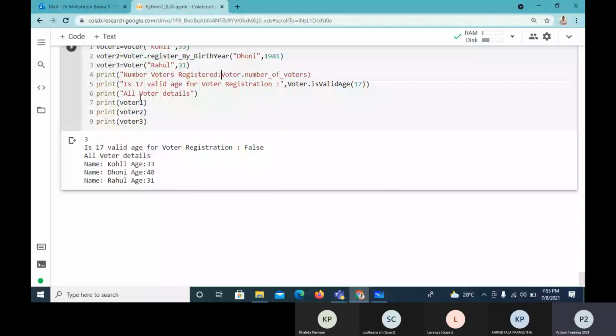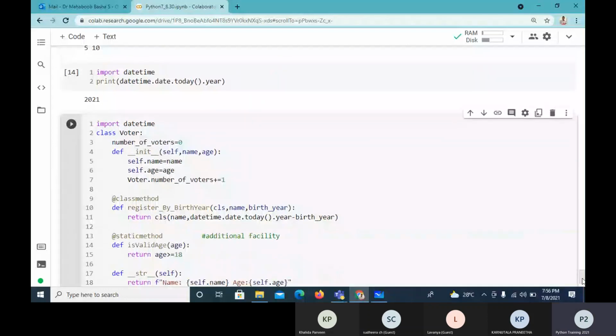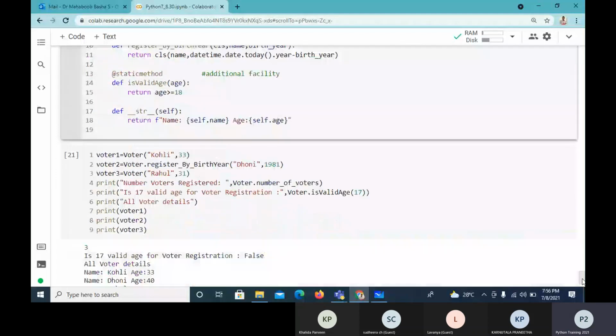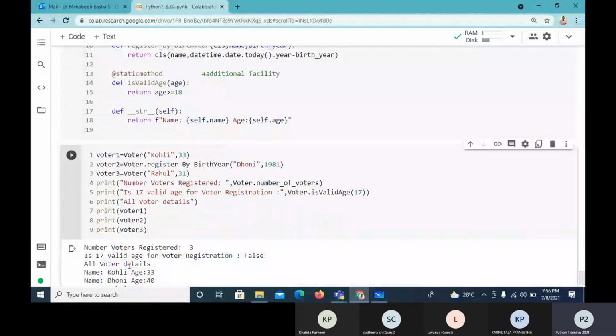I'll create again, now I'm doing it freshly. So I'll execute this again. The number of voters registered is 3, 17 valid age for voter registration false. All voter details. Suppose I take 18 here, I want to check whether 18 is a valid age or not.